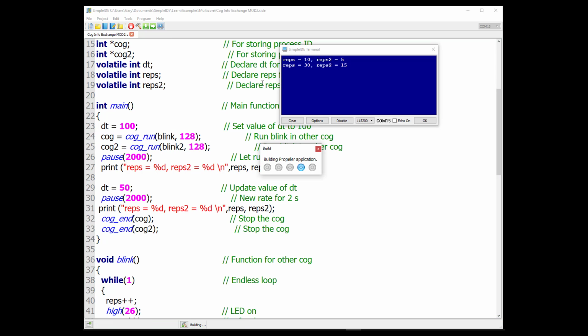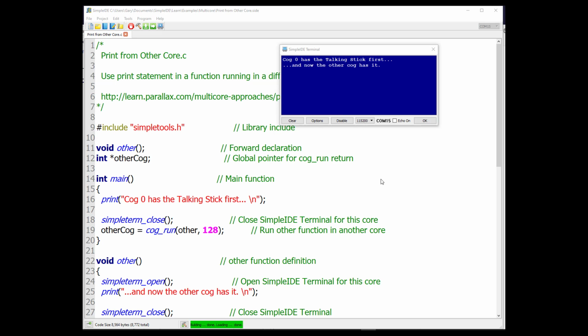Let's try again. $10 and $5, $30 and $15, both off. Perfect. That's it. Here's our next program, print from the other core, and it looks like it's printing out what